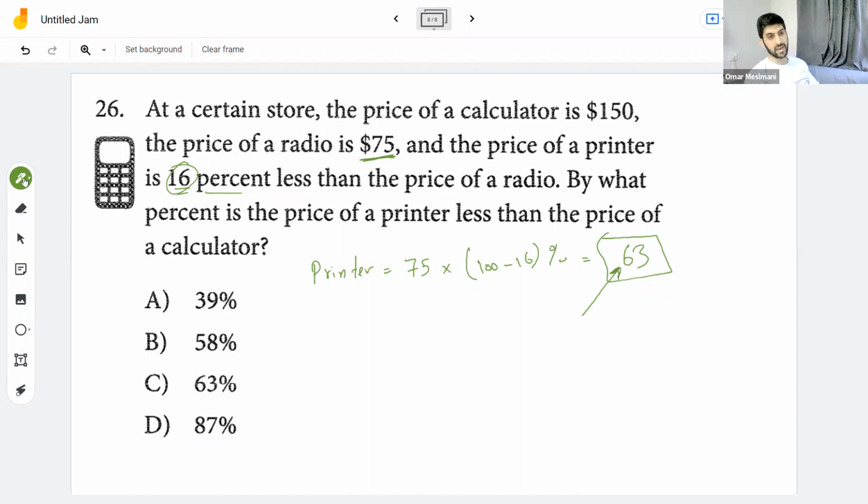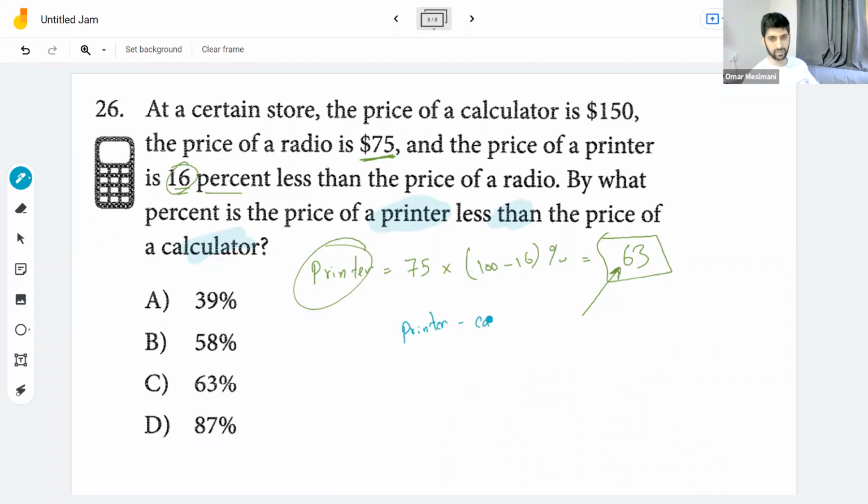Here in the question, what is it saying to you? It's saying by what percent is the price of the printer less than the price of the calculator. Obviously, I'm comparing between values. I'm comparing between the price of the printer and the price of the calculator. So what I'm going to do is this. I'm saying that the printer